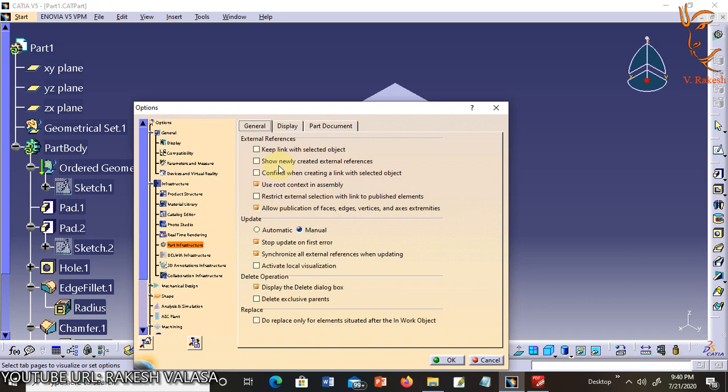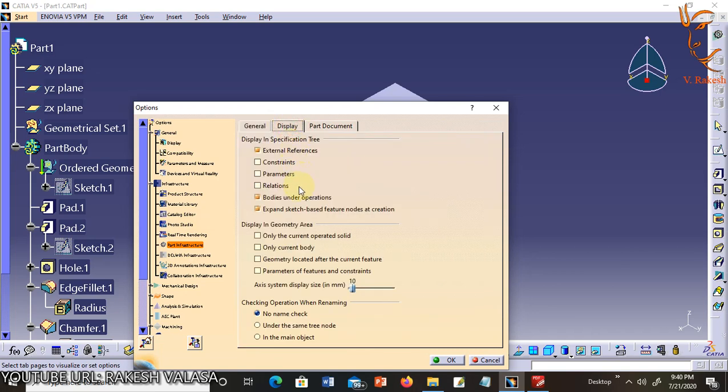In this, select display. In this window you can choose external references, constraints, parameters, relations, bodies under operations, expand sketch based feature, node set creation.